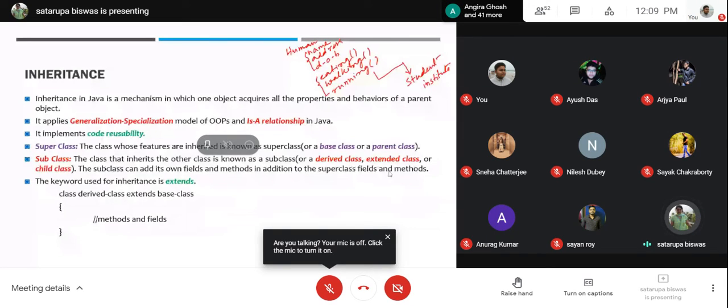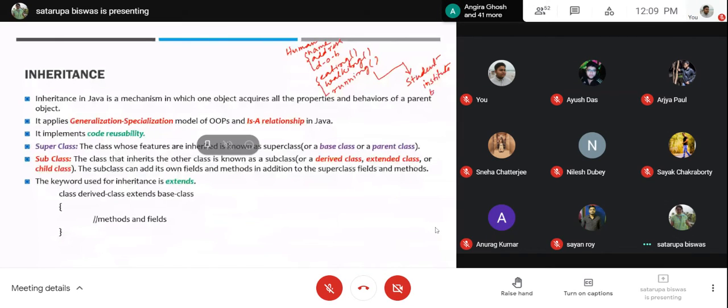Their branch name, then class, roll number. So these can be the extra or specialized variables present in the student class. So students are all having all these properties, along with the special properties that make them students.